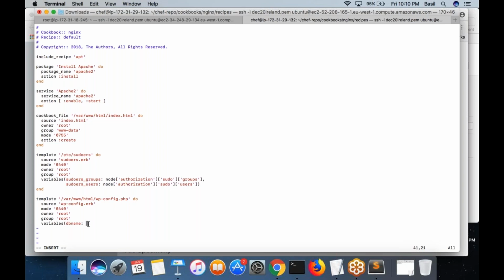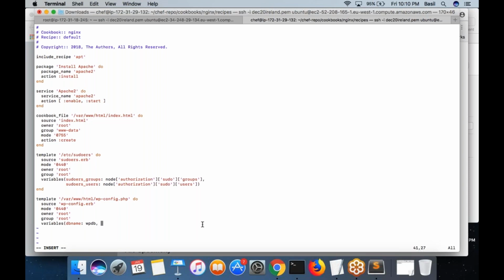What you would do is define something like node attribute name, then add this attribute into your attributes folder. In this particular case, I'm simply putting the database name directly, wpdb.